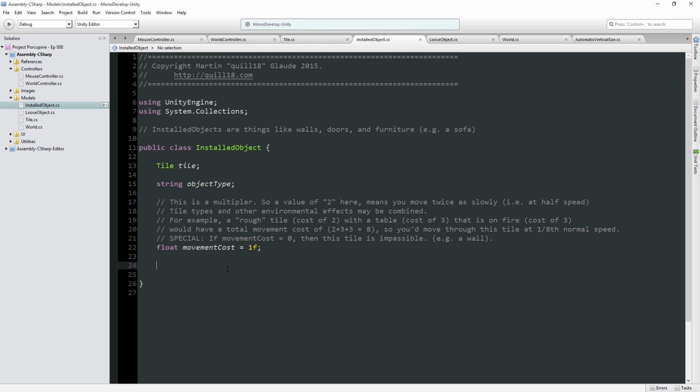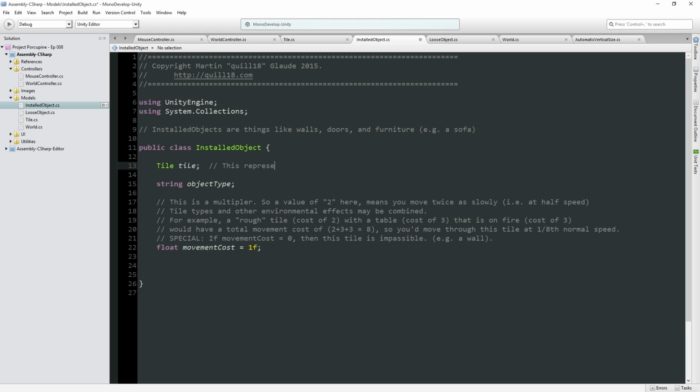Probably its size is actually what I'm thinking. Because early on, our objects are just like a wall just sits in one tile. But a sofa, again, might be like a 3x1 object. Actually, the visuals for a sofa might be a 3x1 object, but it might require that it's got extra space in front of it. So in practice, it might act like a 3x2 object. And I think that would be an excellent idea, because that way it would guarantee that all that area would be empty. It would occupy all that. So in fact,